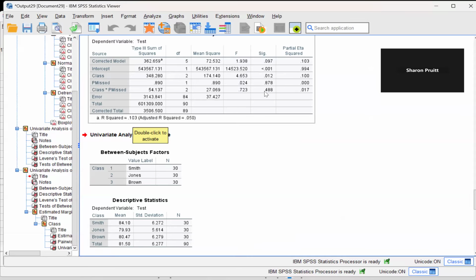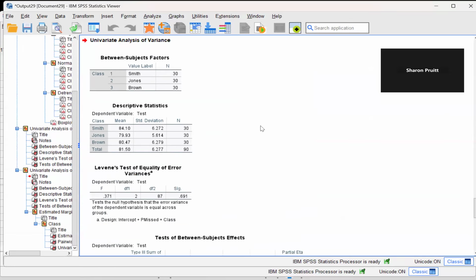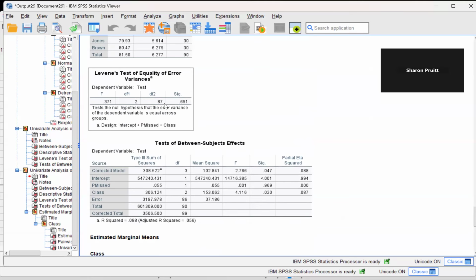The p-value for that was 0.488. Levene's test, on the other hand, shows F with 2 and 87 degrees of freedom equals 0.371 with a p-value of 0.691. So Levene's test indicated that the assumption of homogeneity of variance was satisfied, and after adjusting for periods missed,